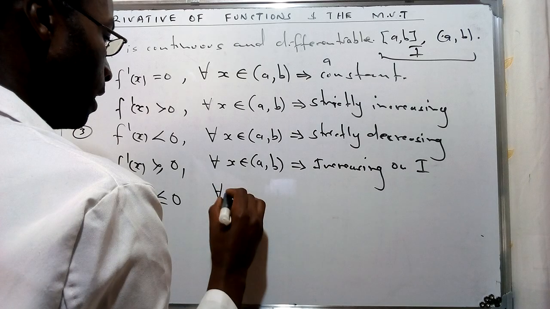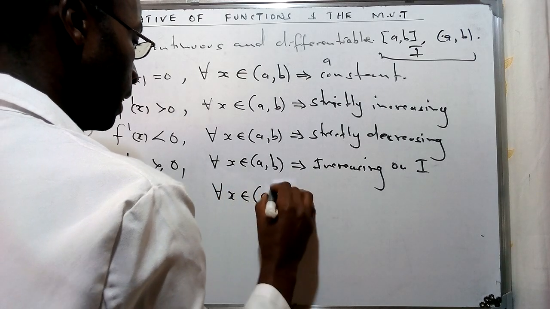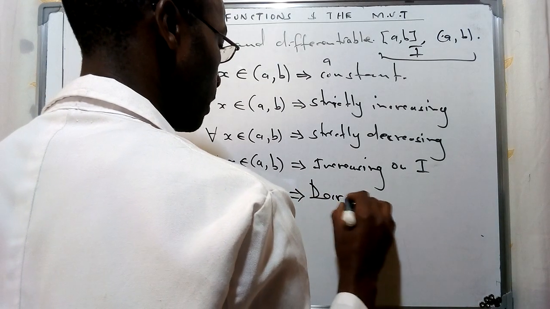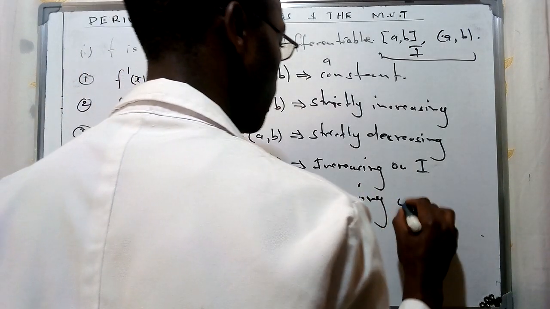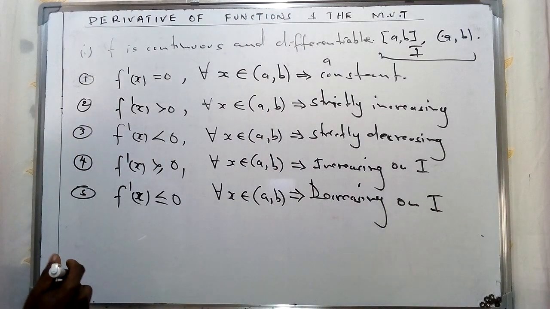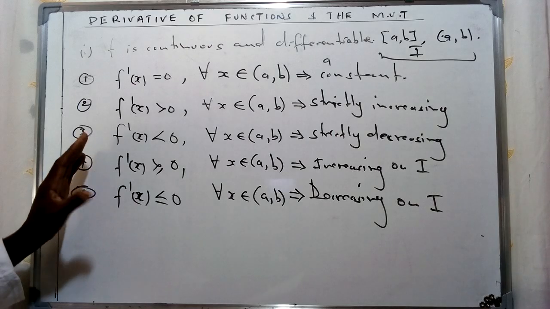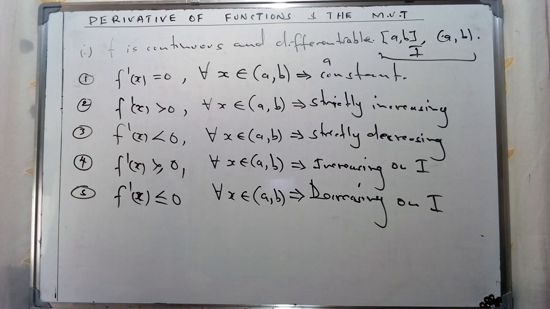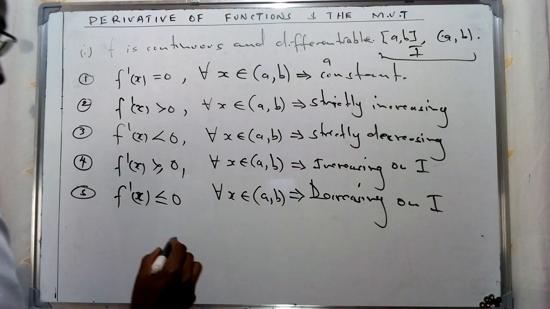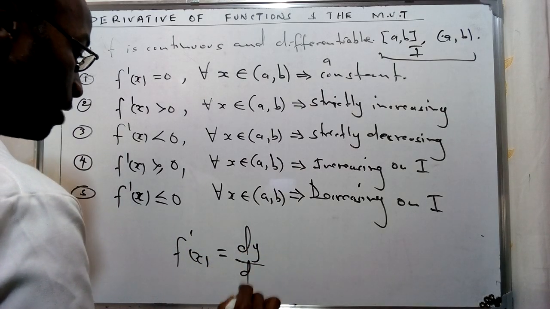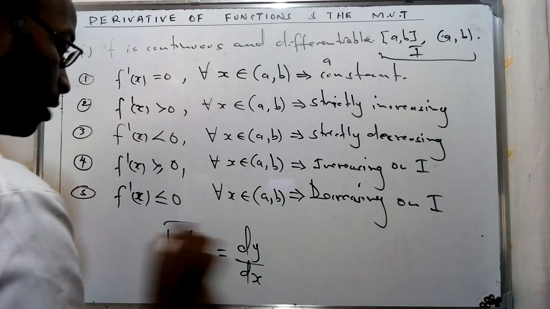for the values of x between a and b, we're going to see that this is going to be described as a decreasing function on I, for these specific intervals. So this constitutes a range of conditions which we are going to consider for the various curves which we have described for the various derivatives, where I've said that we're going to consider this as a change in y over a change in x